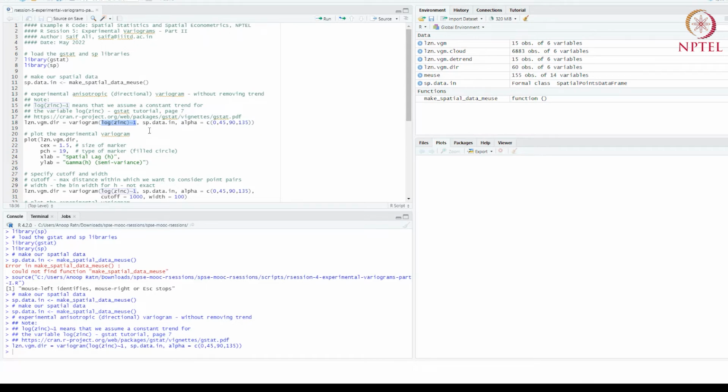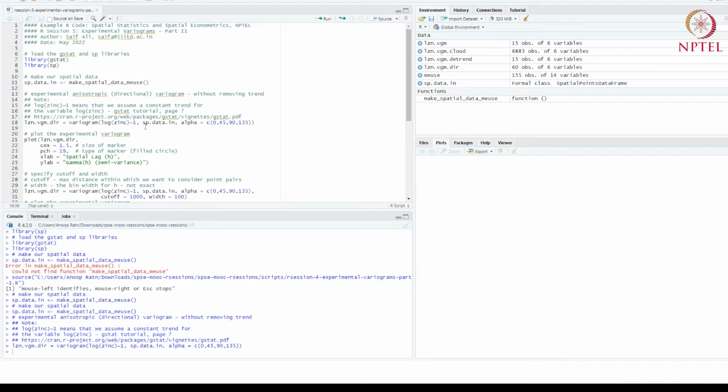If you do a directional variogram plus a trend removal, you have to think carefully about the results because it's not obvious what that really means. So we will assume constant mean because now we are estimating along the 45-degree direction where the variation is very little. So the constant mean assumption is actually not so outlandish.